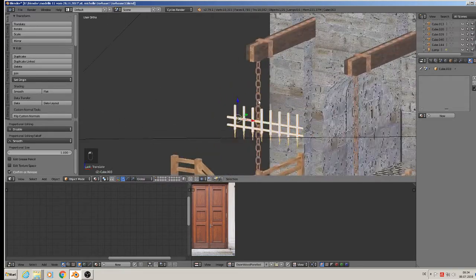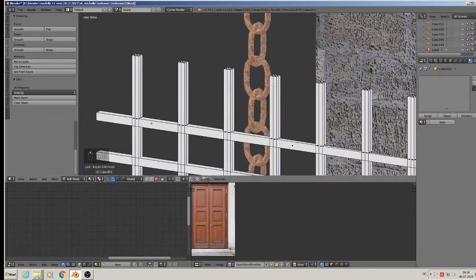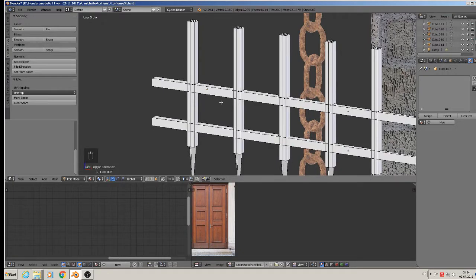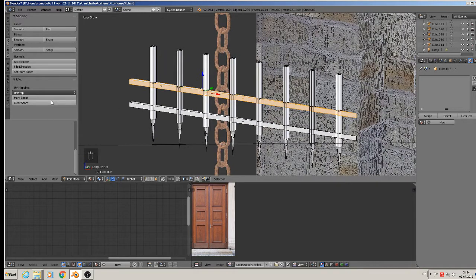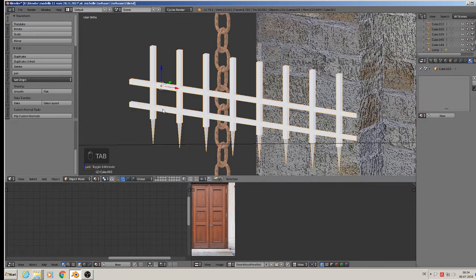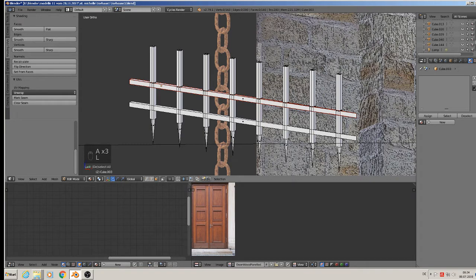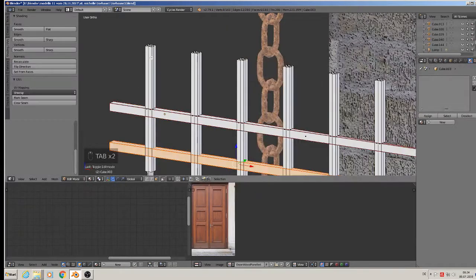And here that needs to be rust. So we take it out. We have to unwrap that. I must look how that is built. That was 1. Okay, so we can mark seam that simply. And that here too. Select with L, mark seam. Here it isn't that easy,